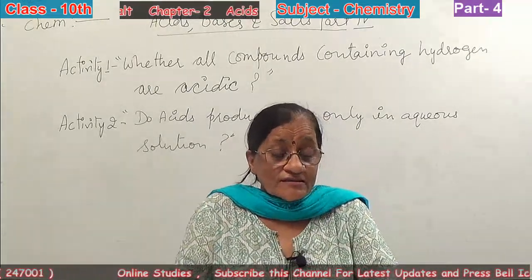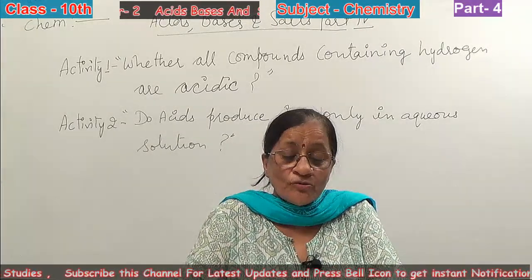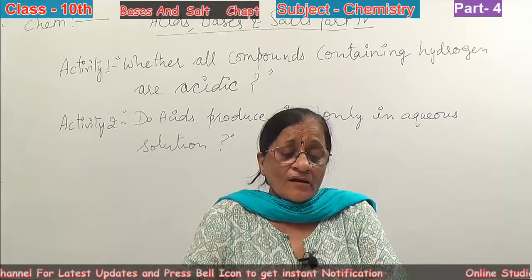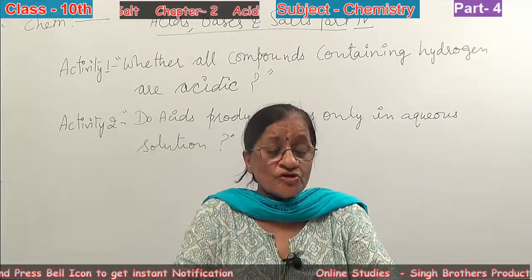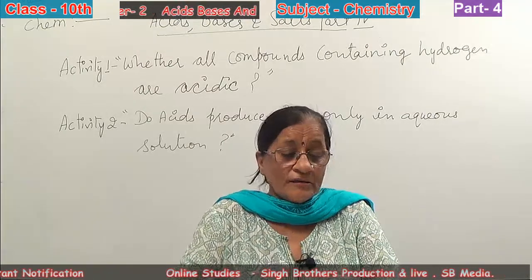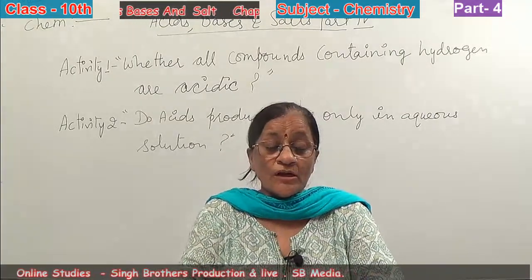For this we will use the setup given on page number 22 in figure 2.3. Then it is observed that only the aqueous solutions of H2SO4 and HCl are conducting electricity, but glucose and alcohol are